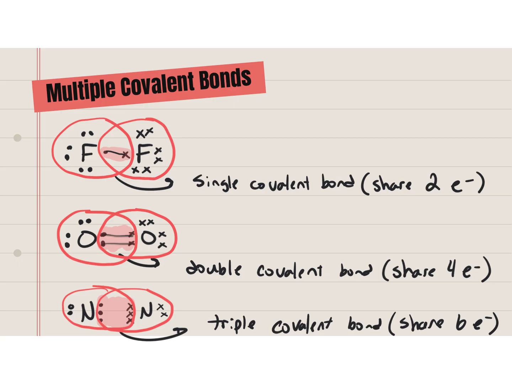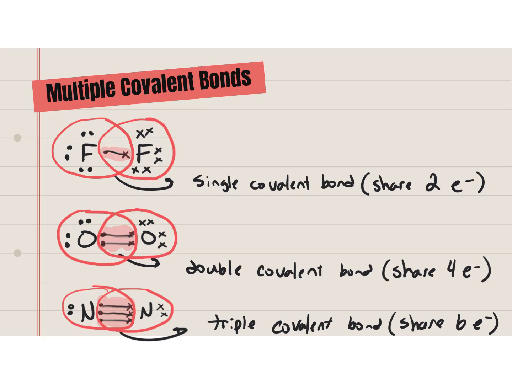But once again, if you count the electrons that the oxygen on the left has access to, it's 2, 4, and now it's sharing 2 pairs of electrons for 8. Finally, for the triple covalent bond, as you'd expect, since it's sharing 3 pairs of electrons, we show that as 3 straight lines connecting these nitrogens. But the nitrogen on the left has access to 2 electrons of its own and 6 in the middle, making 8, and this nitrogen has access to 2 on its own, and then the 6 in the middle to make